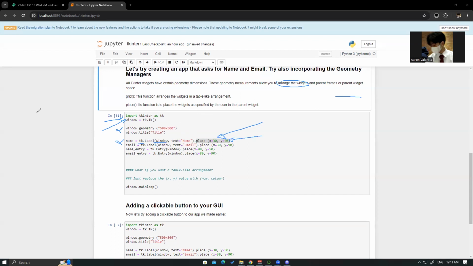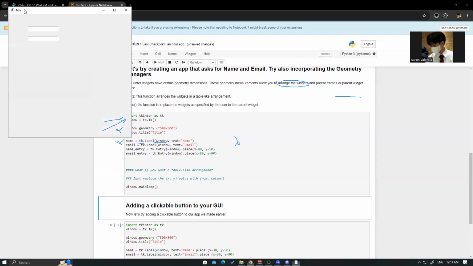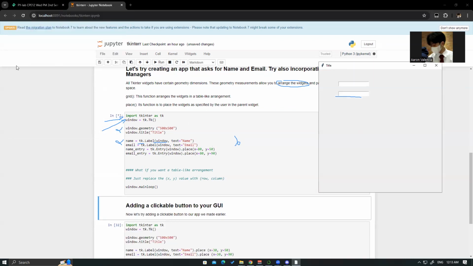So what if we remove this two here? So let's try removing this two. As you can see, the text name and email didn't add.